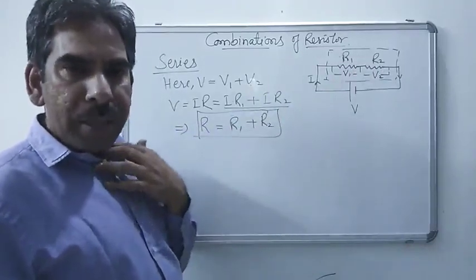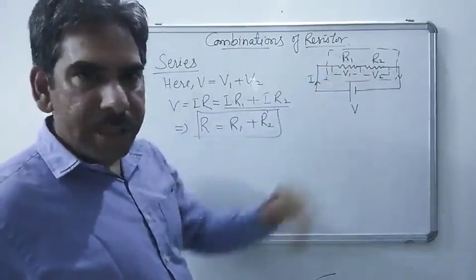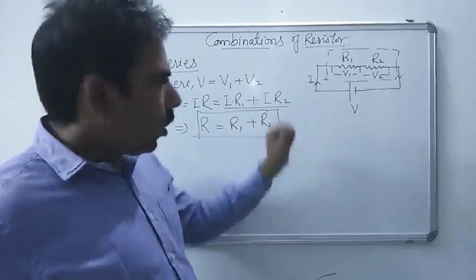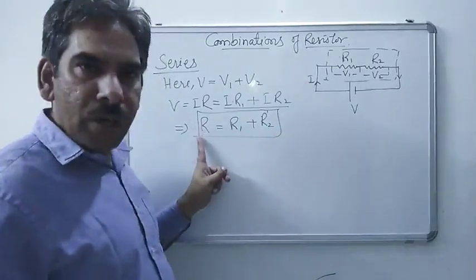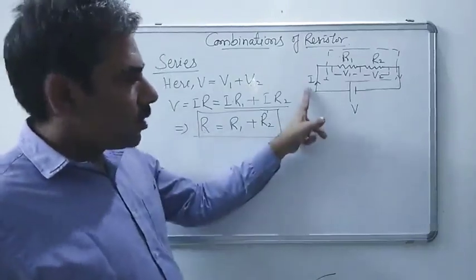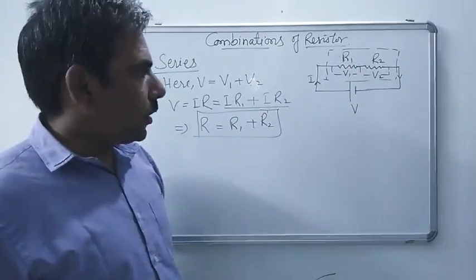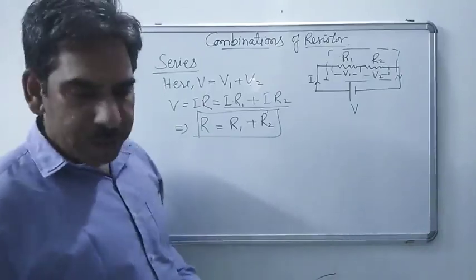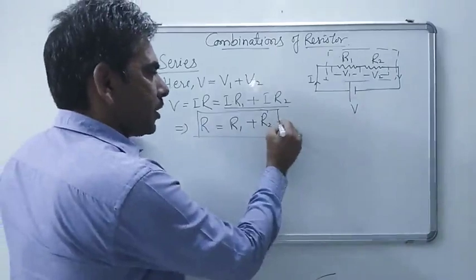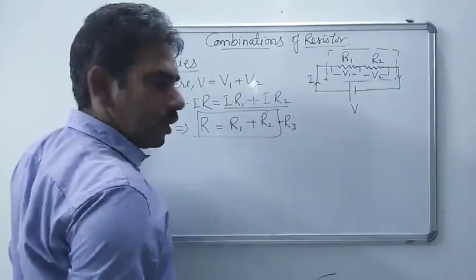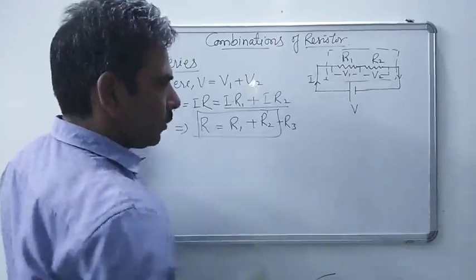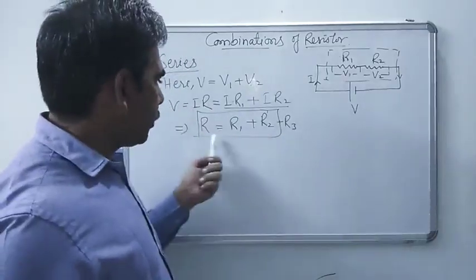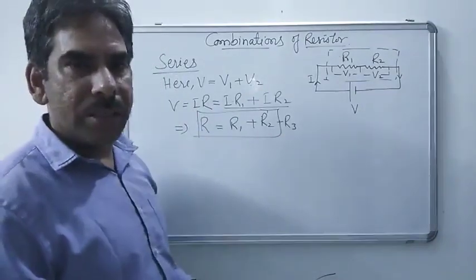So either we make use of two resistors R1, R2 and join them in series to get a value of current to be I, or we take one resistance of value R, so that the same amount of current will flow through the circuit for the same value of electric potential. So this is the series combination of resistors. If we have another resistor, then we simply add its resistance also. So if there can be any number of resistances, we simply sum their resistances in order to find out the net resistance if they are connected in series.